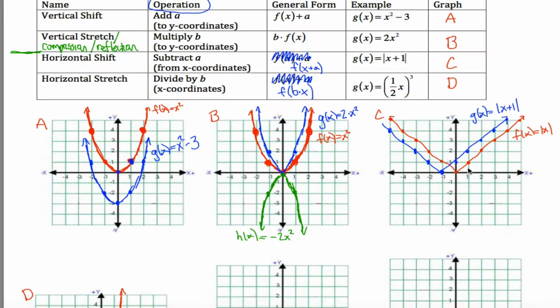And so it wouldn't go to the left by 1, it would have gone up by 1. It would look something like this. But it's not, so don't worry about that. I could do more examples while I'm here, but I think I'm going to push on and talk about the